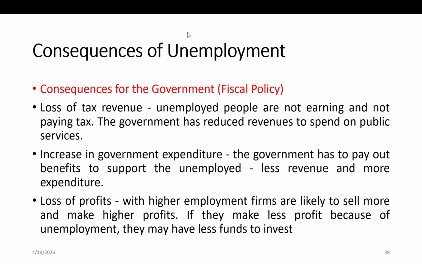So then the tax income of the government will reduce. However, the government has to increase their expenditure. That means for the lower income people, the people who don't have jobs, the government is paying certain